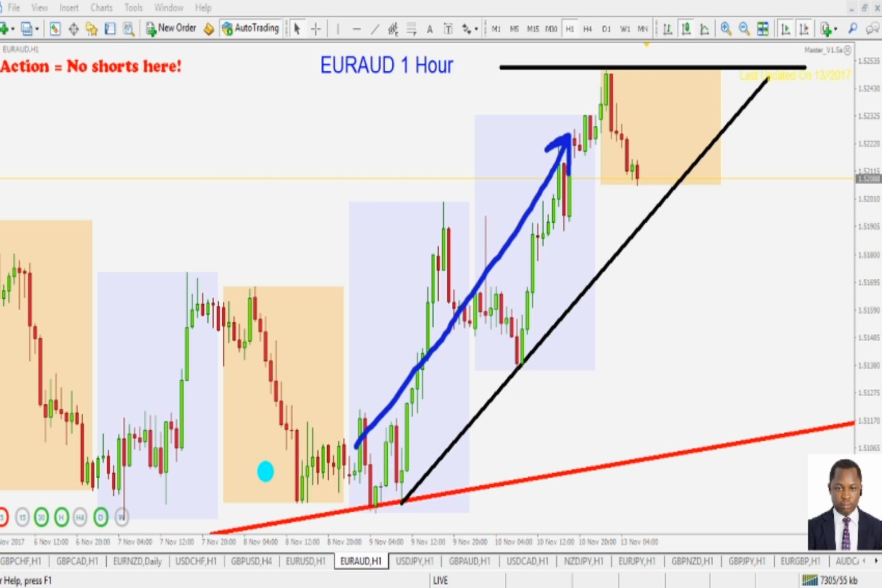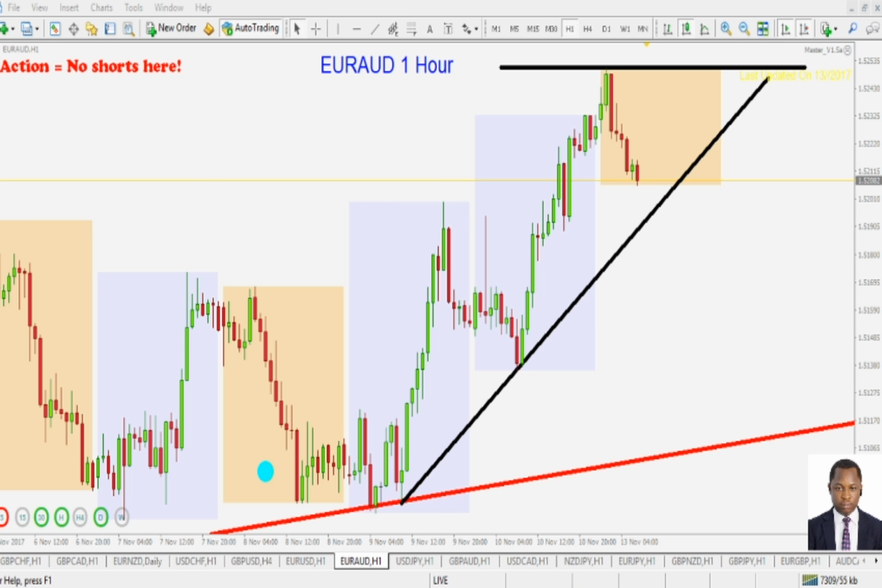What trading strategy are we going to use to take this trade? Well, we are going to be using the 3 SMA trading strategy. That's the trend riding strategy, the 3 simple moving average strategy. So let's apply